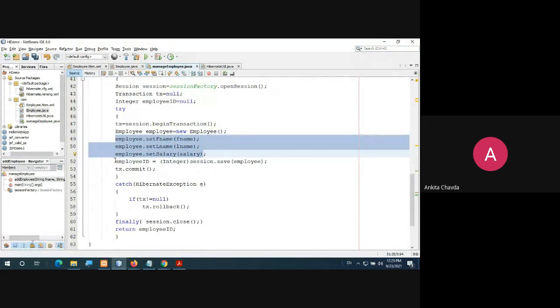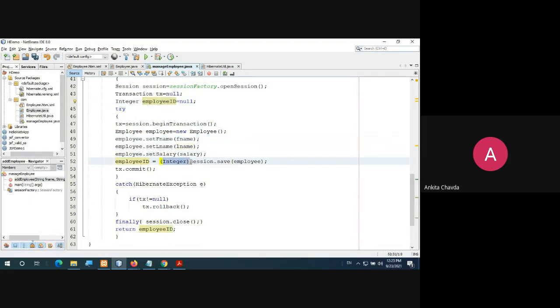Now what you are saying is employeeID equals Integer session.save(employee). Whatever data you want to store into the database, there is a method save. Object.save: this is your session object.